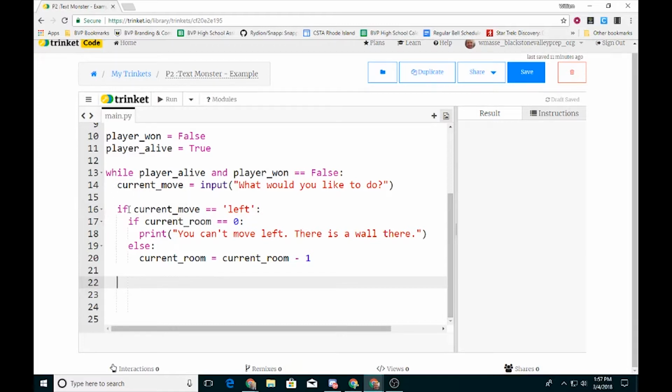That way we check to see if their current move is left. If not, we're going to check to see if it's right. To do that, we could just do an elif statement. And that will go, if current move is left. Otherwise, if it is this, if it is that, we'll have a whole bunch of elif statements for all the commands they could write. So let's go ahead and write current move, if their current move is equal to right,